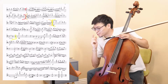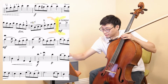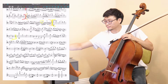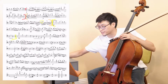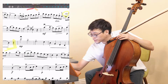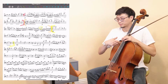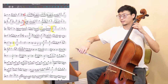Okay, so that's how the development section goes. And here I did the ritardando, right? So just remember that. And let's keep on going through the yellow phrase. Just remember this is the same. This will be the same fingering, same everything as the beginning, but I will rewrite some here. For example, that. All right, so 1, 2, a tempo, yellow, and,